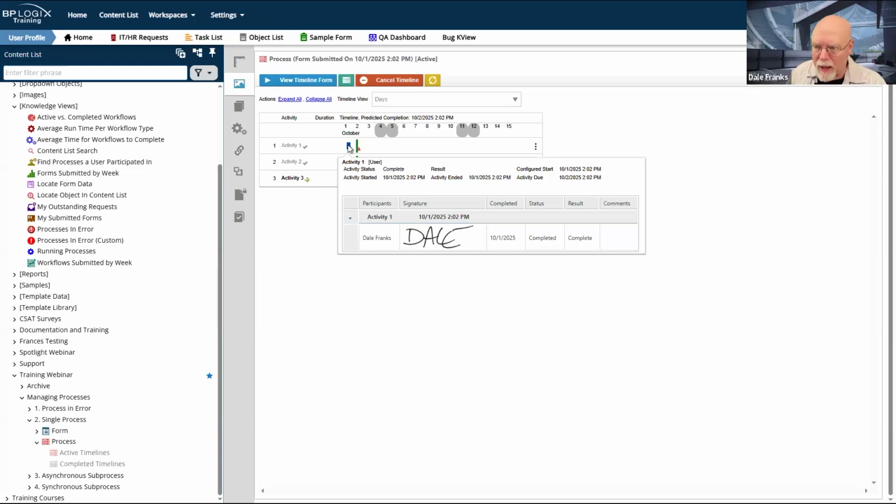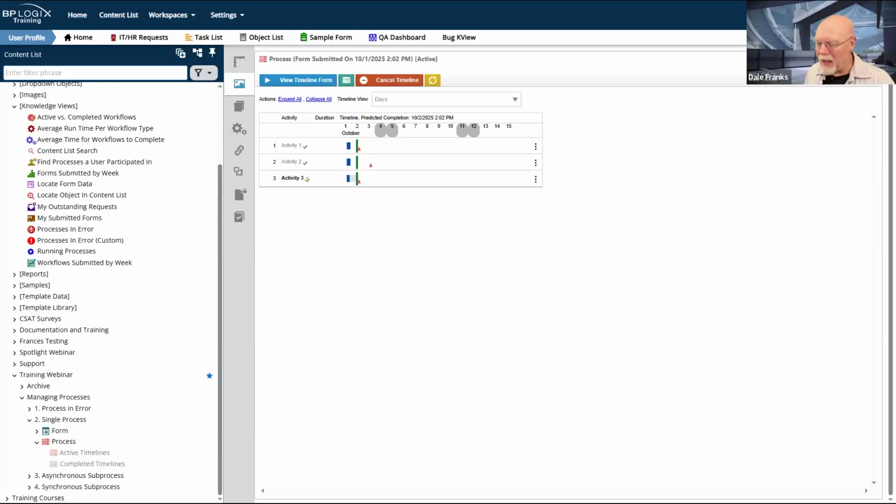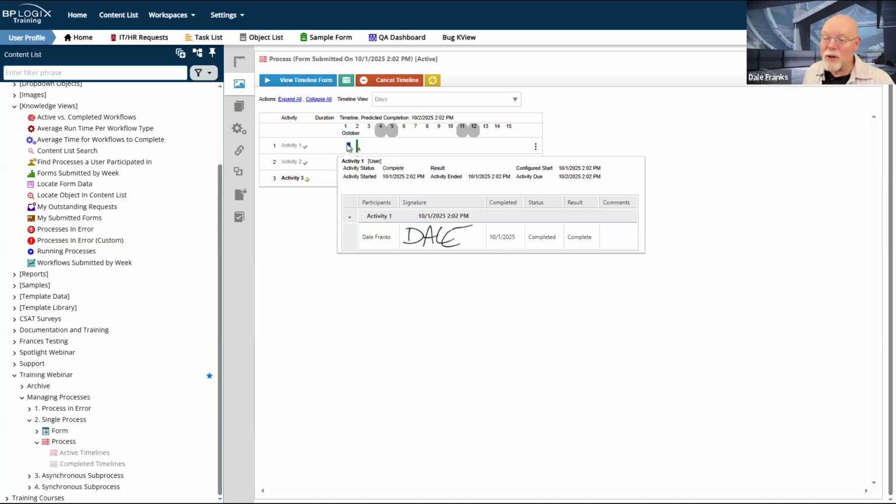I should note that we did discover a bug. It's rare, and it is highly dependent on the configuration of the activity, but it is possible. If you have a lot of participants in an activity and your screen size is small enough, and I don't have multiple participants, so I can't really replicate it here, but this tooltip box can get relatively large. If I have 15 people assigned to this activity, then this tooltip box is going to get super big. And in fact, it might get so big that it's going to change its position on the screen.